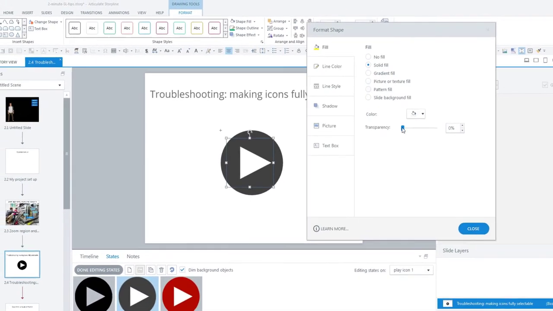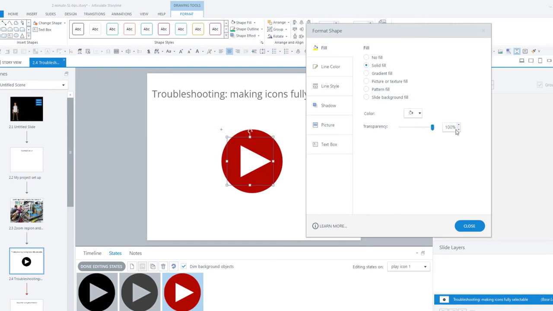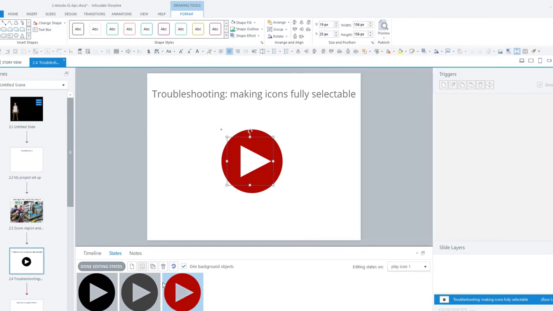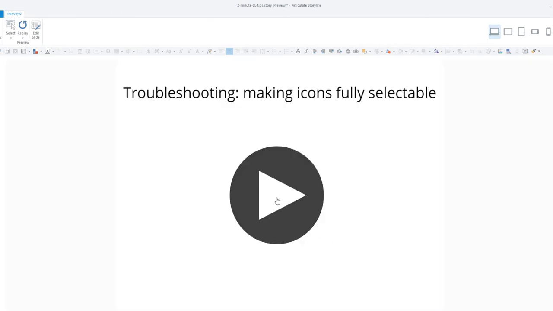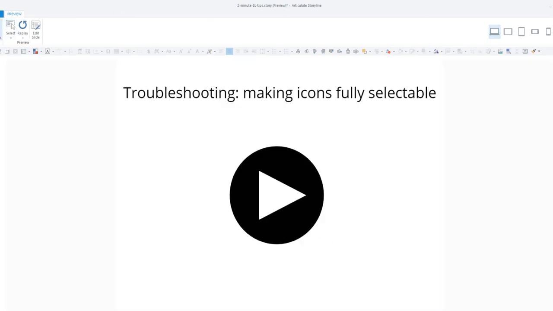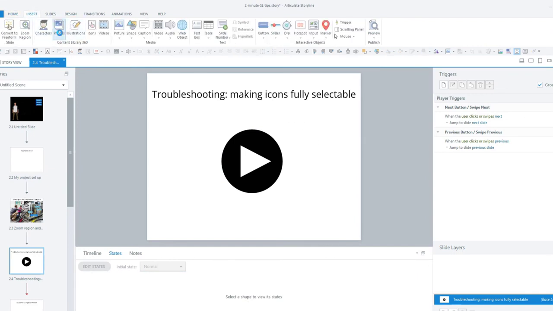And that should solve the problem. Let's see, 99. There we go. And that is still fully clickable and fully selectable. So for argument's sake, if we had a picture